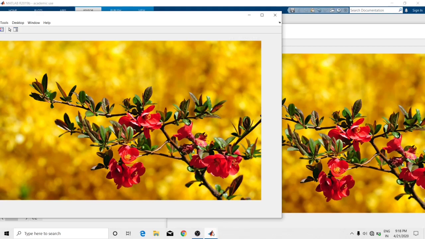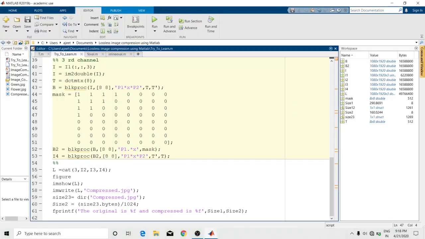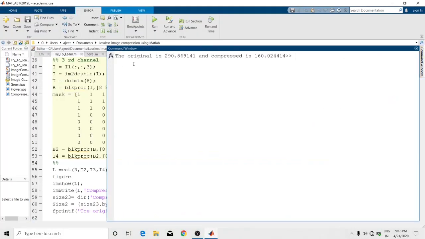But let us see what is the size. You can see the original is 290 point something, and the compressed is 160 point something in kilobytes. So in this manner you can see our image quality is still the same, but the size is compressed.